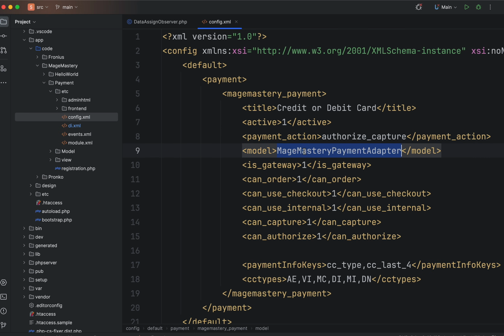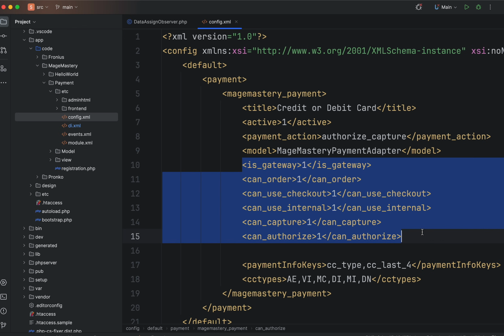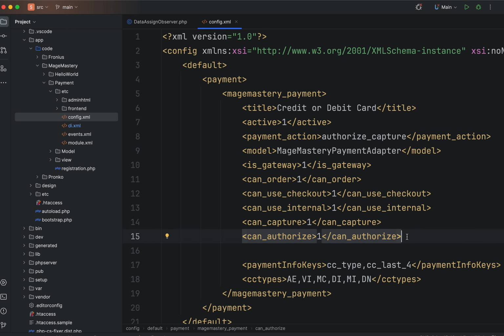And then the most important thing is a model. So it's an adapter, or a configuration for this adapter, that is responsible for processing different actions and operations within this payment method. Also, there are additional configuration settings that are responsible for giving information whether or not this payment method can capture